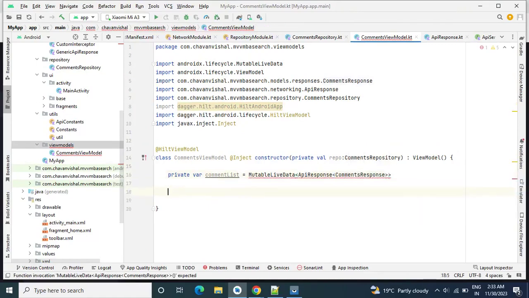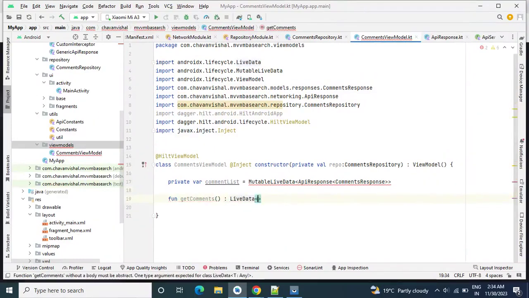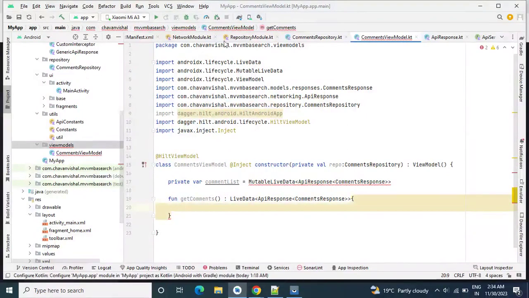Okay, now let's create a method as getComments. This method will return LiveData of, again, ApiResponse of CommentsResponse.